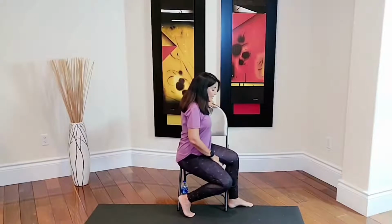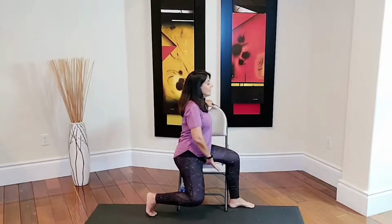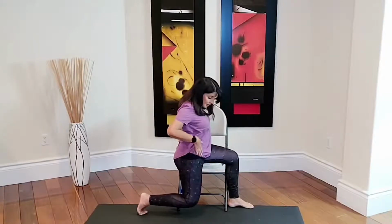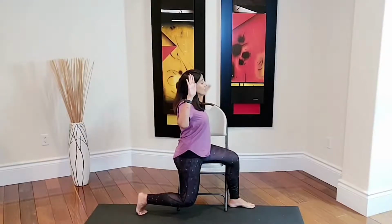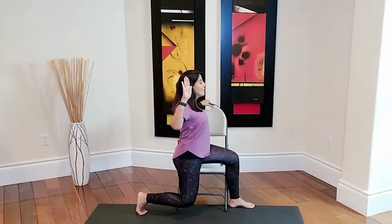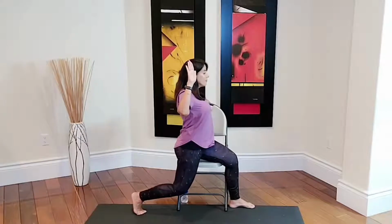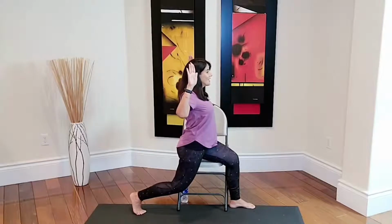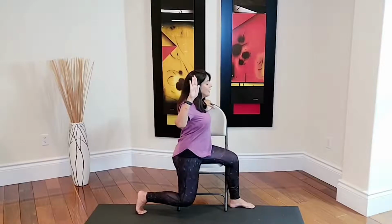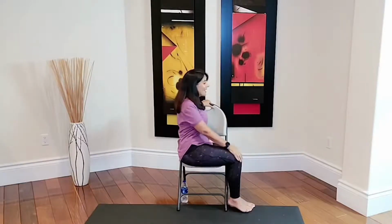So here I am, other side, edge. There goes my left leg. Keeping my left hand, so making sure, knee. And I can stay right here. This is perfectly fine. If you like to let go of your hand, you have it. There you go. This is perfectly fine too. You want to go a little bit further, place your left hand again on the back of the chair for support, and you can lift yourself up from your chair. If you feel like, okay, I've got it, you can let go. Take a nice deep breath. I'm going to gently bring it back down, placing my hand, bringing my leg over, and bringing it back to